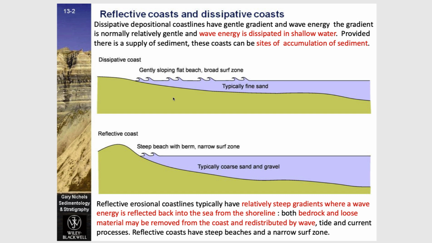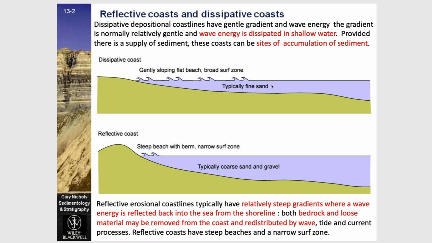Usually depositional coastlines are relatively shallow, so they have a gentle gradient. You see the image here. You can recognize them because if they are gently sloping, many times you have an extensive body of water that is relatively shallow, and so it's subject to extensive wave action. So a lot of the energy caused by the wave motion will be dissipated across a